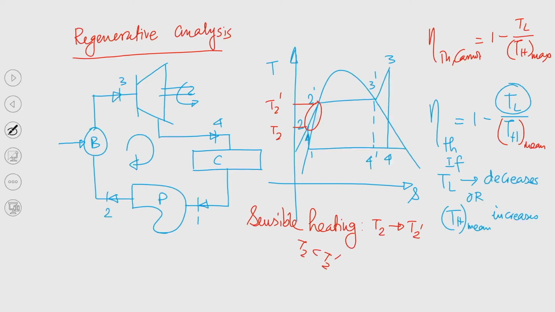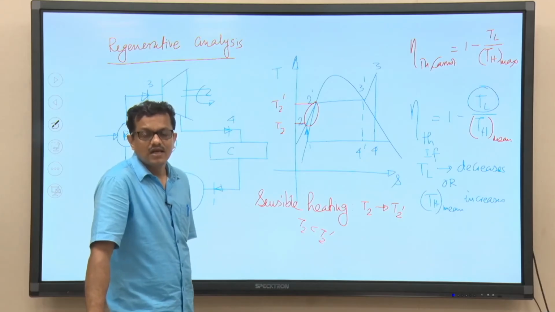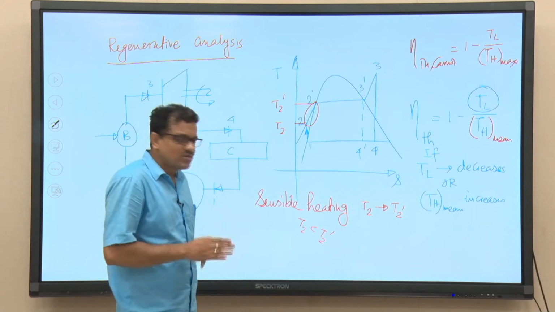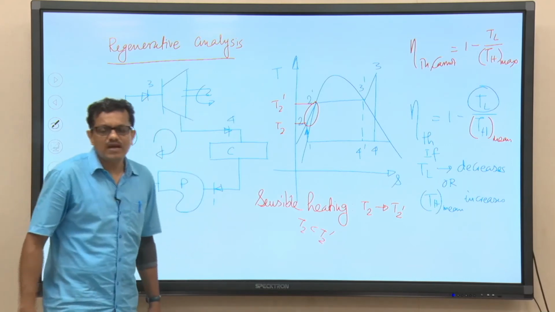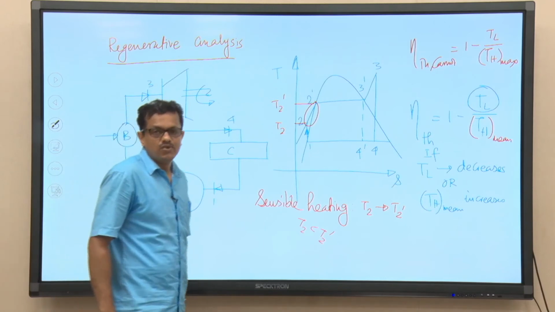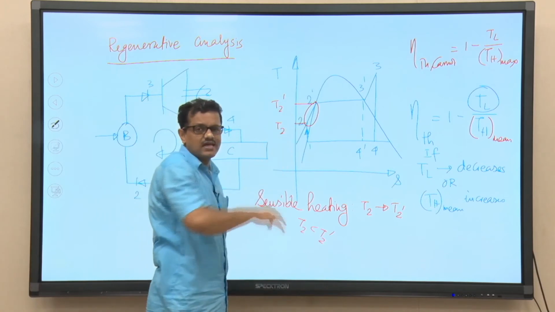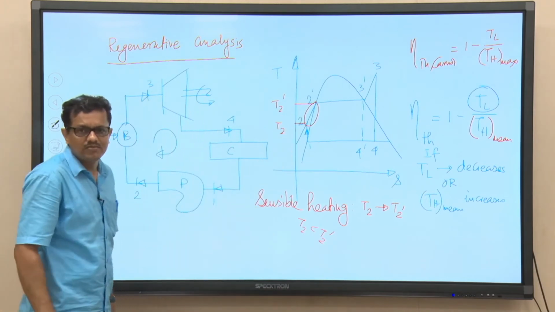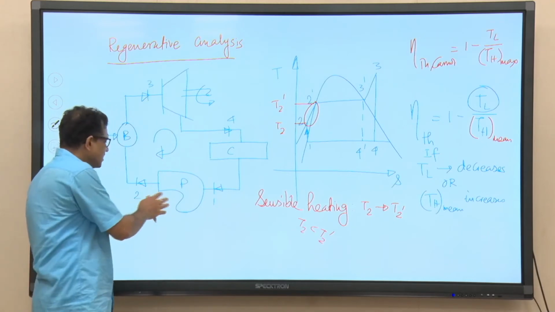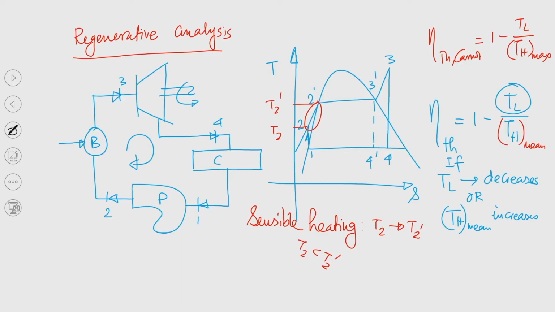This can be done by using several means that we will discuss. But now you think about it, because we are all engineers, we have to think from an engineering point of view. Without going into much mathematical and thermodynamic analysis, try to understand using whatever you have learned from your heat transfer course. When feed water is pumped to the boiler, you are supplying heat to the boiler. Upon receiving heat from the combustion of coal, if it is a coal fired boiler, the water temperature will first increase from T2 to T2 prime.